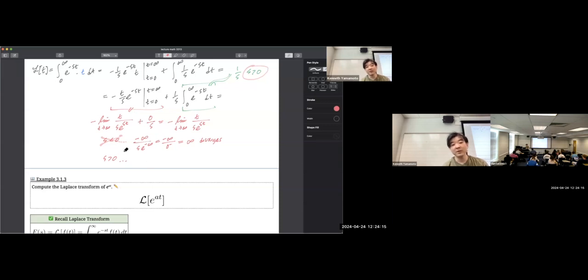So let's look at what happens when s is greater than 0. We're looking at this right here. So it's going to be negative infinity over some s that's positive times e to the s times t. But because s is positive times infinity, it's going to be e to the infinity. This is going to be negative infinity over infinity. Okay, so that's indeterminate. We'll have to do L'Hopital's rule. So if you do L'Hopital's rule,